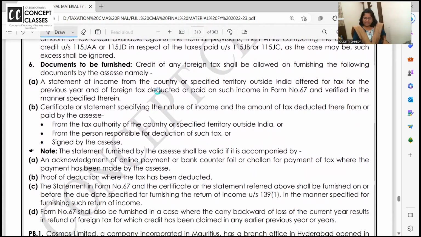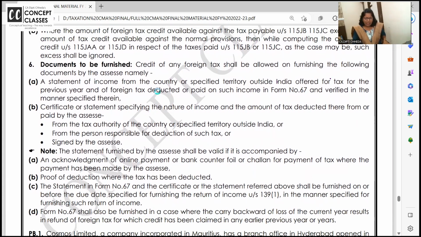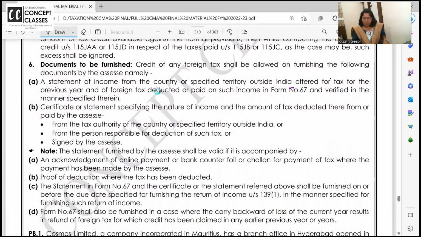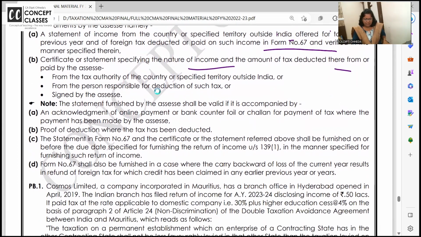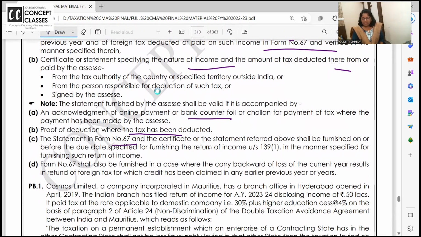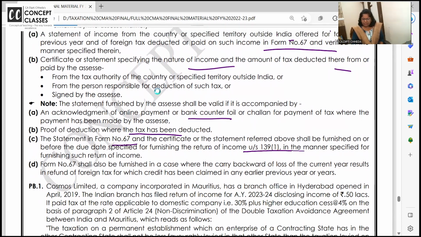डॉक्यूमेंट्स, फॉरेन टैक्स क्रेडिट इज अलाउड and provided following documents: a statement of income from that country or territory, and you have to fill up form number 67, certificate specifying which kind of income is there, what rate TDS is deducted, acknowledgement of online payment of बैंक जहाँ टैक्स काट के बाकी पैसा आ गया है, proof of TDS deducted, statement in form 67 shall be furnished before due date of furnishing the return. Okay, so form number 67 ड्यू डेट ऑफ फाइलिंग रिटर्न के पहले नहीं किया तो फॉरेन टैक्स क्रेडिट आपका लैप्स